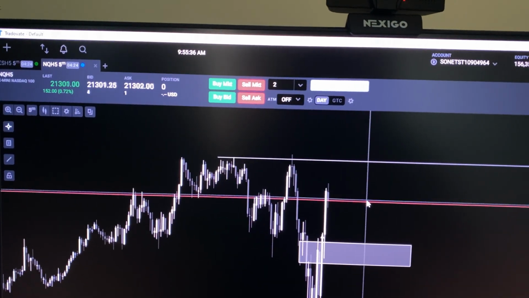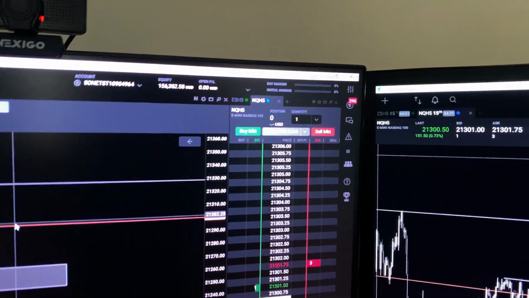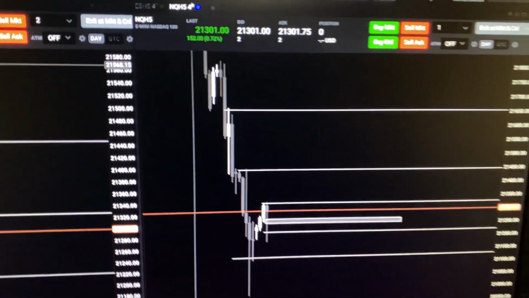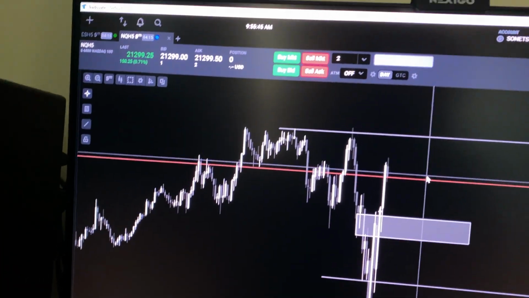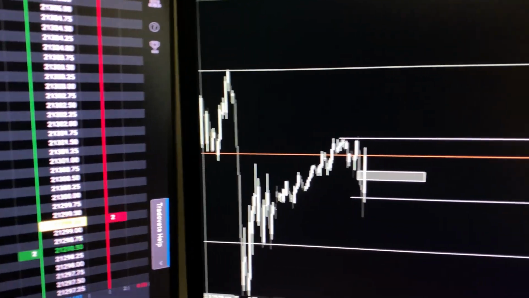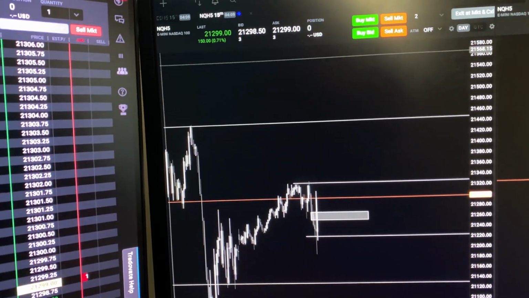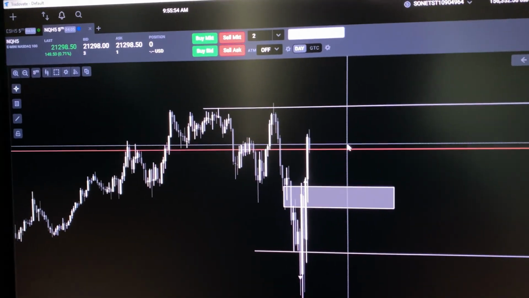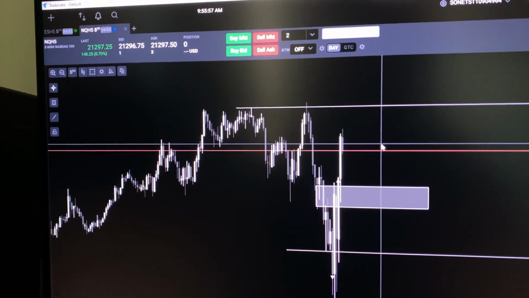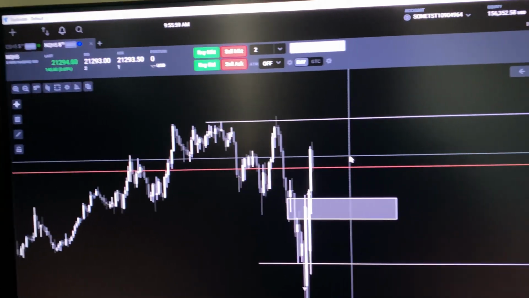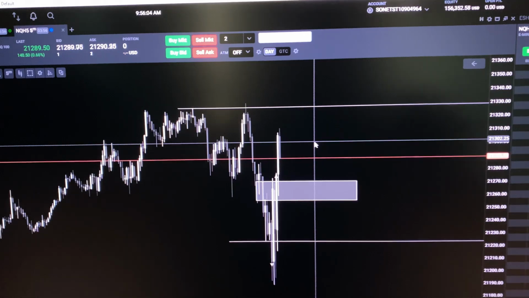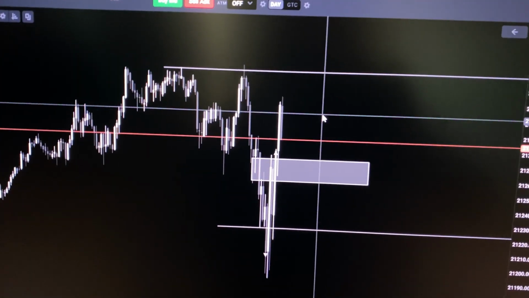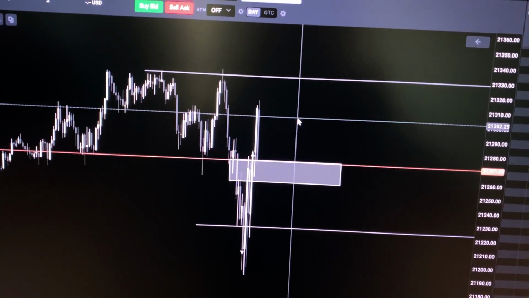I was also looking at the 4 hour, the 15, the 5 minute, and I kind of understood that there was some bullish order flow. That's why, before I drew any of this, I was thinking about going in on something like a bullish order flow, right? So I was thinking about getting in on some longs, but what ended up happening was